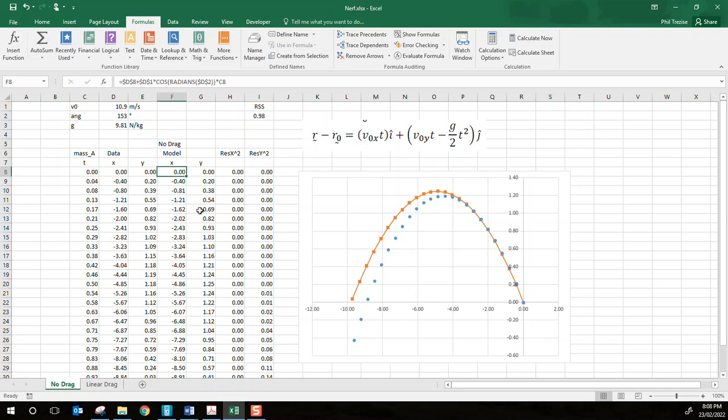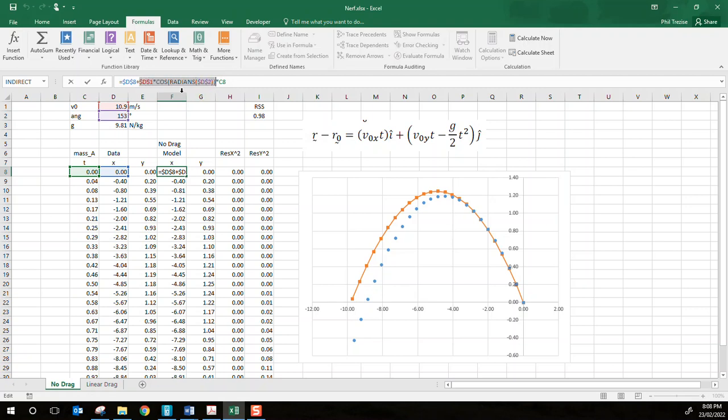Now let's take a look at this formula. This formula is D8, and D8 is the initial value of r0x. The r0 means initial, r means position, and it's the x component, plus D1. D1 is the speed, so that's the v. Now it's not v0x yet. It will be when I multiply by the cosine of the angle, 153. So you see the D1 by cosine of the angle in radians. All of that bit